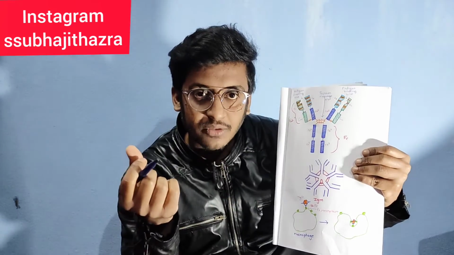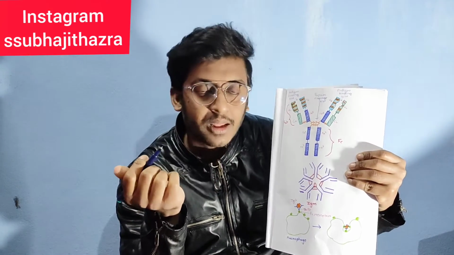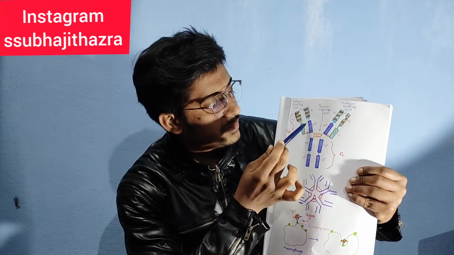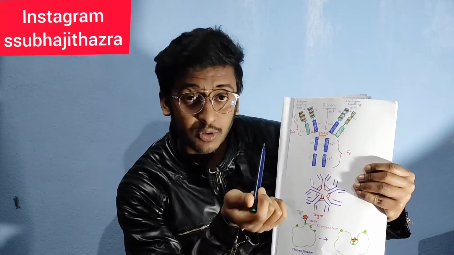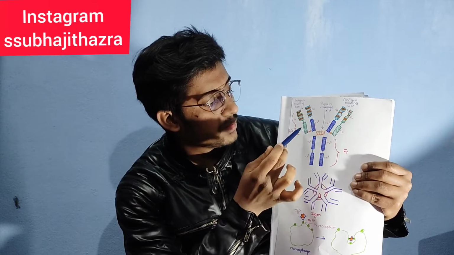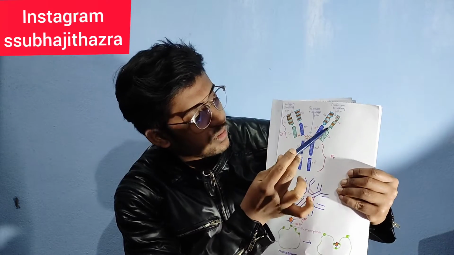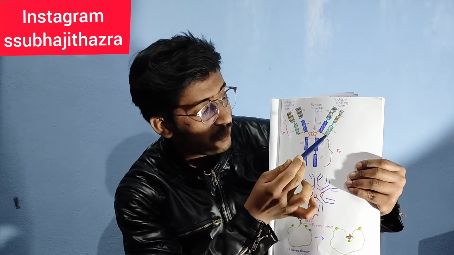On the other hand, Fab means antigen binding fragment. That is why it is called Fab. Now this is the Fab portion and this is the Fc portion. Here is a heavy chain. An immunoglobulin antibody contains two heavy chains and two light chains. Heavy chains are attached with each other with a disulfide bond. Heavy chain and light chains are also attached with each other through disulfide bonds.